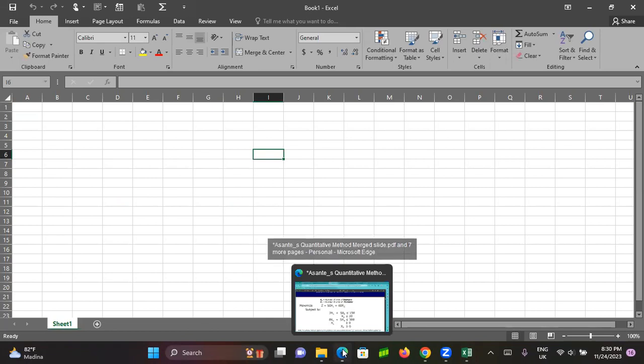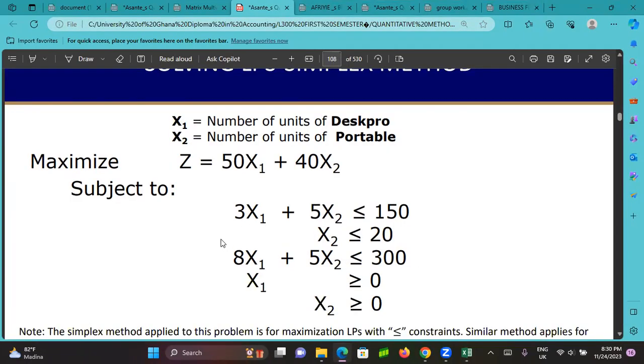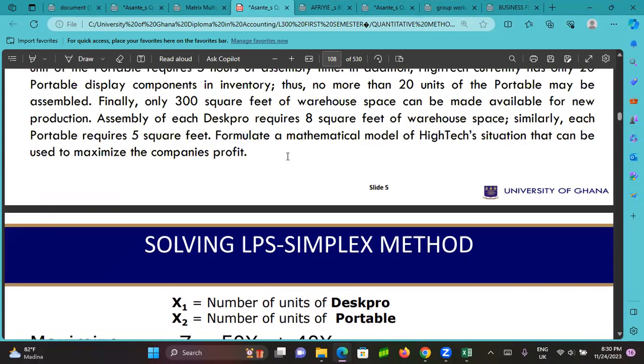So first of all, when doing linear programming with Excel, you need to be able to identify your resource constraints and your objective function. You need to know the normal linear programming style first before you try to fit them into the Excel, right? As this question says,